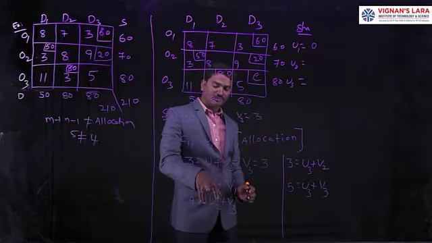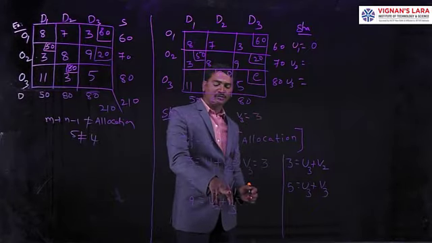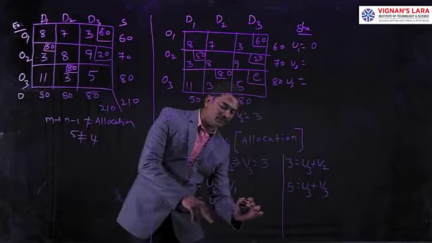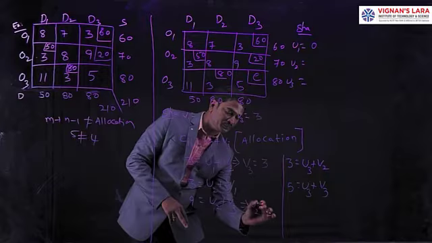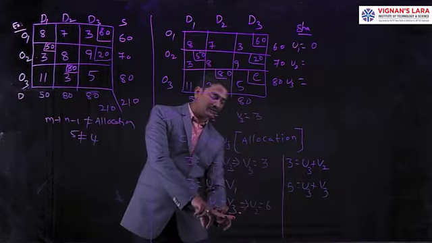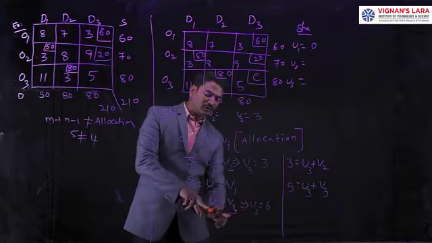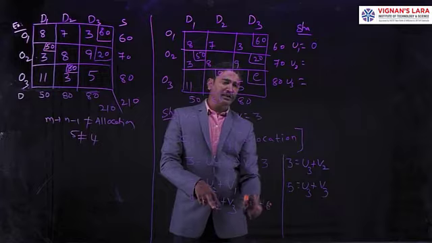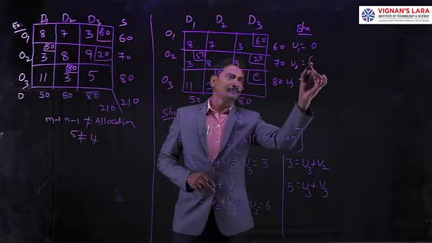And we are going to calculate the second one. Here we don't know U2 and V1. Next, go for the third one. Here we know the V3 value. From this we are going to get U2. U2 is equal to 6 we are getting, because here we know the V3 value, 3. We are going to subtract this 3 from 9. After subtracting we get U2 is 6.